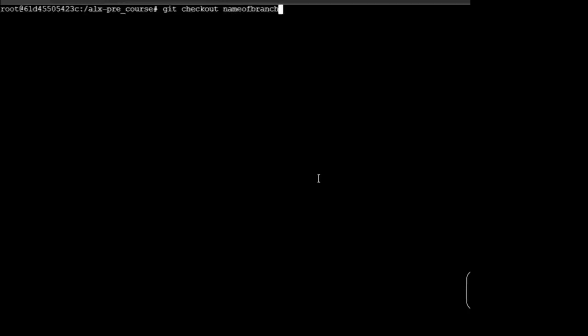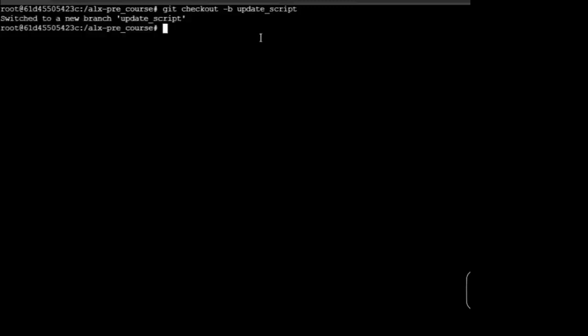But I'm going to use a shortcut because after creating the branch, we have to go into the branch and start working. So I'm going to use a different command. The command that we use is going to do two things, right? It will create the branch and it will open the branch for me. So the name of the command is,